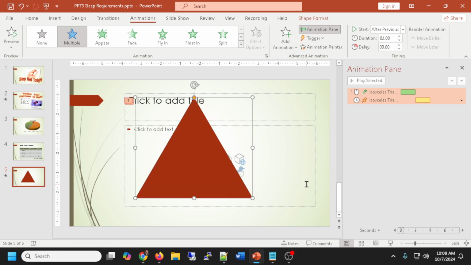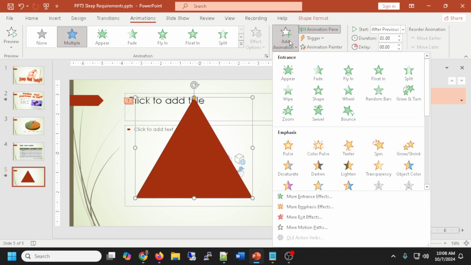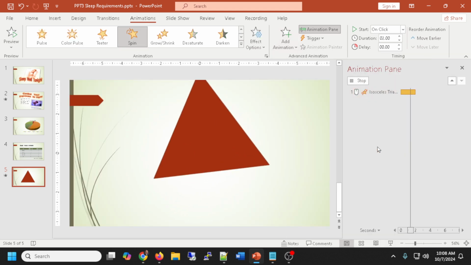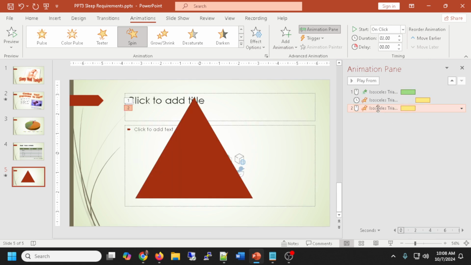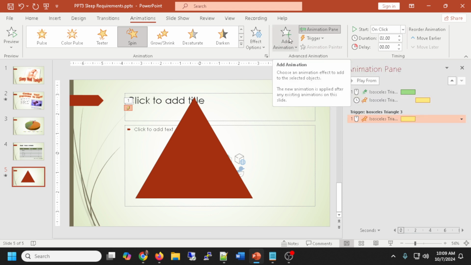Now, here's a special one. I want to add another animation. And let's make it a spin animation. This animation, instead of waiting for a click, and instead of happening automatically, we're going to do something even better. We're going to have it trigger whenever I click that triangle. I can do trigger on click of that triangle. This is how I can add special animations anytime I click on a shape, and it will spin. Remember, I did an animation. I added 3